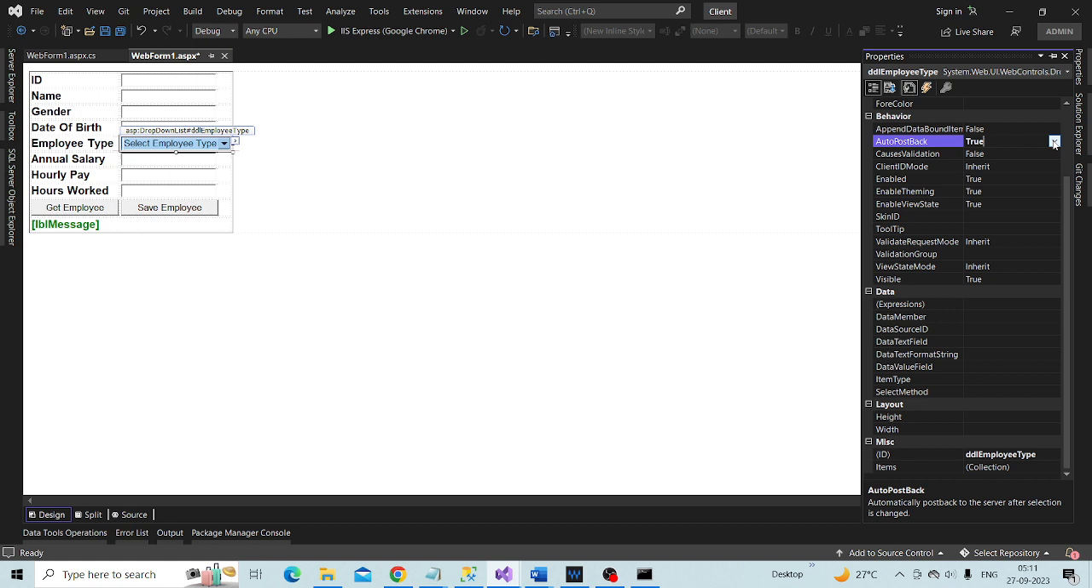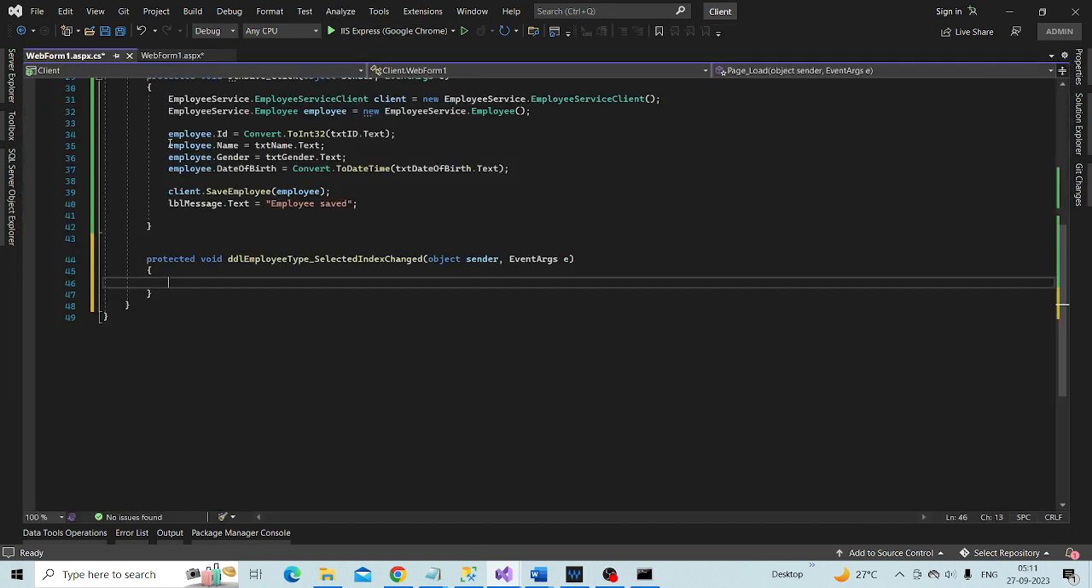For this drop down list, so that when the selection changes, the drop down list is automatically going to post back to the server. And then within this, let's say for example we want to store full-time employee into the database table. So when you select full-time employee, it should only show annual salary. Means you need to also click here. Okay. On the other hand, if we select part-time employee, it should display hourly pay and hours worked